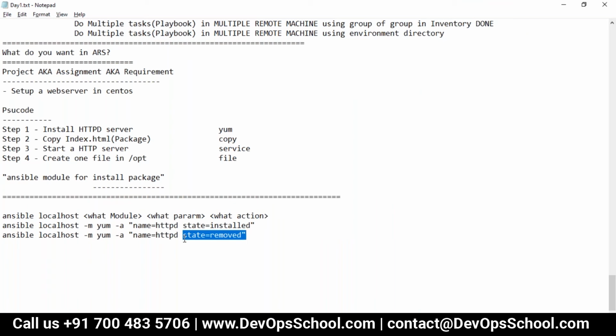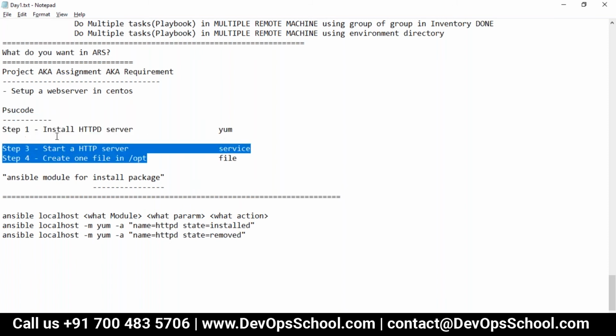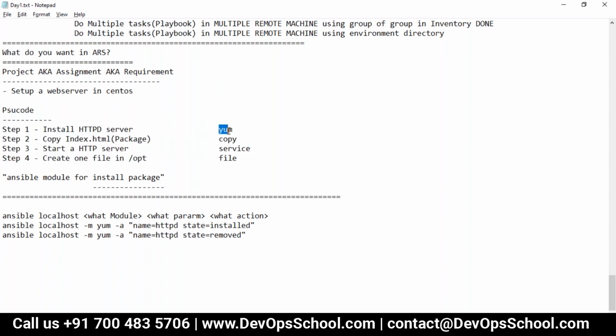That's the reason I said, whenever you get any assignment to do in Ansible, don't jump to writing the code. First, understand the requirement, convert it into pseudo code step by step, and then for each step find the module. For each module find the parameters, which you can only decide based upon your experience with your project. Make sense?